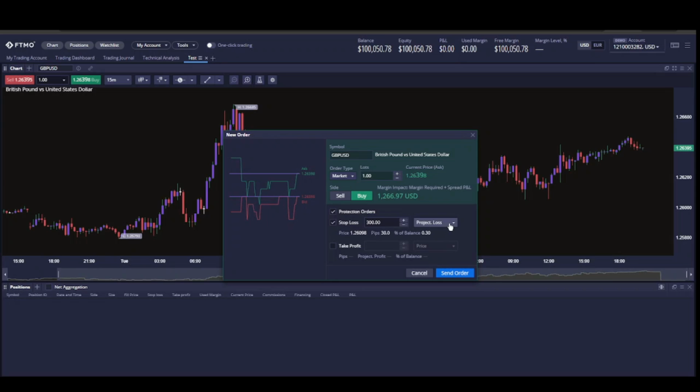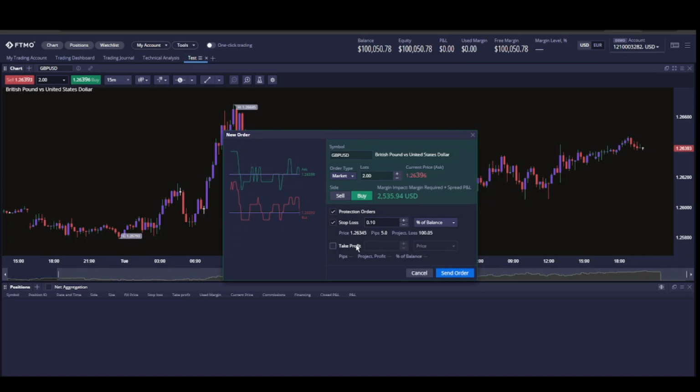Okay, continue. And the last option over here is a percentage of balance. If I select a percentage of balance, then it will automatically calculate the SL based on the risk. In this case we are taking 0.1% risk, which is equal to $100. Since the position size is 2 lots, it automatically sets the SL to 5 pips, which is equal to $100. We can use the same option for take profit.